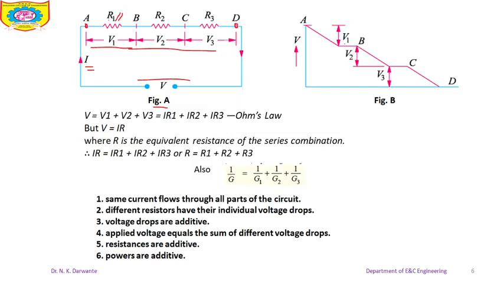Now here you can see that the voltage drops when we move from A to D. The reason is that V is at the highest potential, and one end of the applied voltage will be at higher potential and one end will be at lower potential. Therefore, as we move from A to D, the potential goes on decreasing. Means V3 will have the least potential, and V1 will have the highest potential.